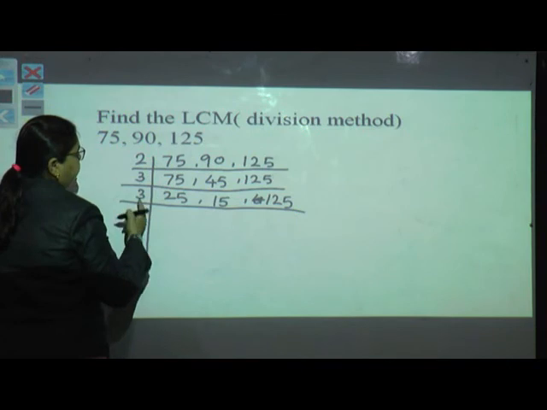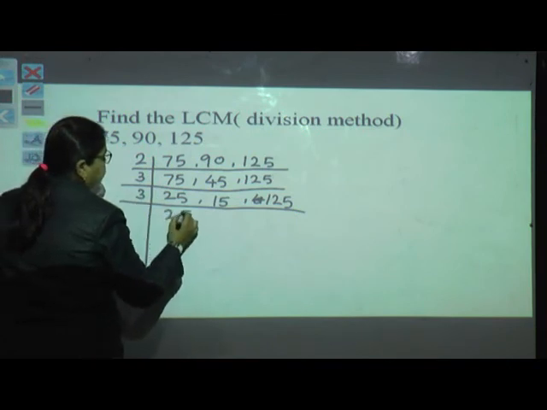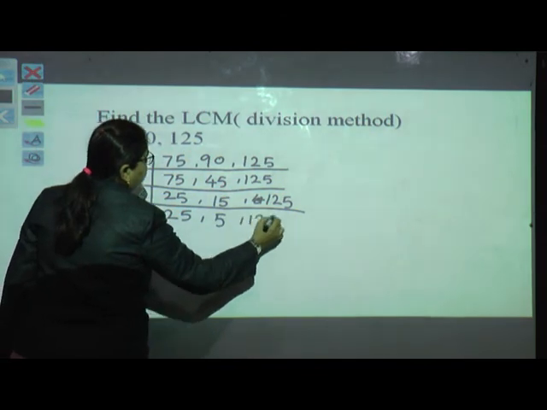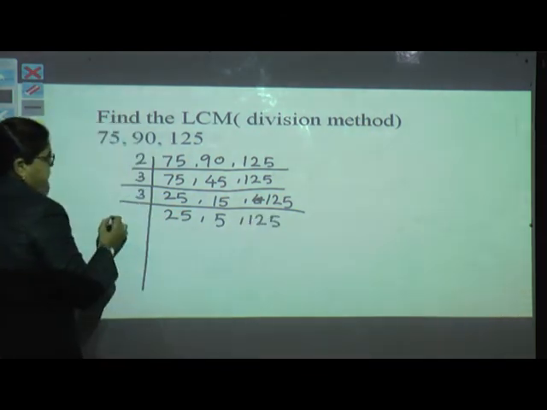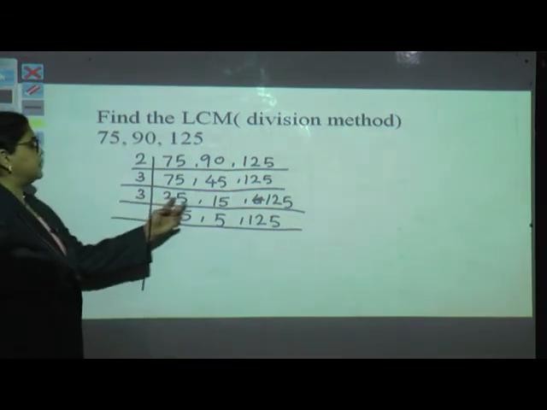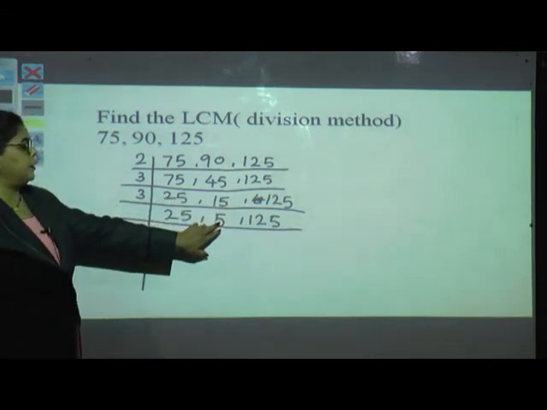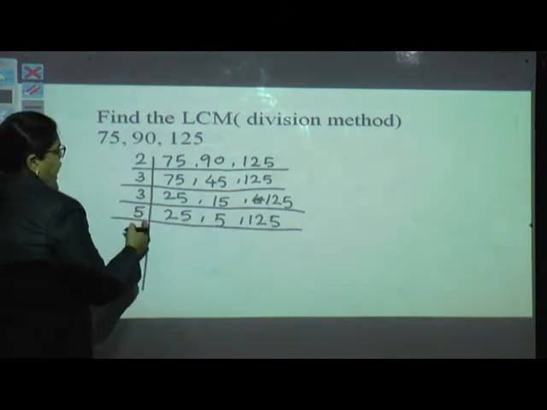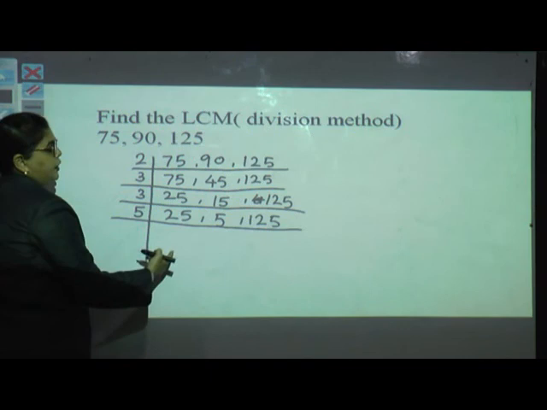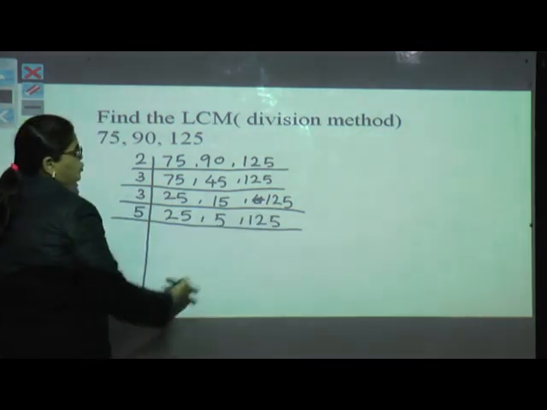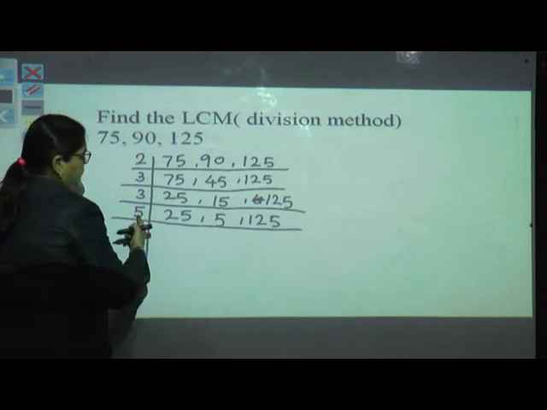So here we will write 3. We will write as it is 25. 3 5s are 15 and 125 as it is. Now it was not possible for this number, only one number was possible, so we have written it. Now we will go for 5. So it will be easier to divide, giving a remainder of 0. If you are unable to do it, we will do one example. I will show you practically how to do the division.